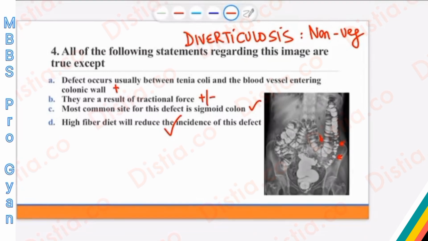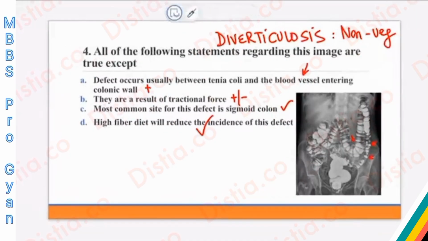So in the same person with diverticulosis, if we have diverticulitis, that is when even these blood vessels can be damaged. And that is why in diverticulitis you always read about a presentation of hematochezia. I want you to understand that bleeding will occur in diverticulitis. Why? Because blood vessels are anatomically present in this area, so the inflammatory process can damage the blood vessels. The correct answer for this except MCQ, you can see the word except is something that lots of times, under pressure, you might actually neglect.